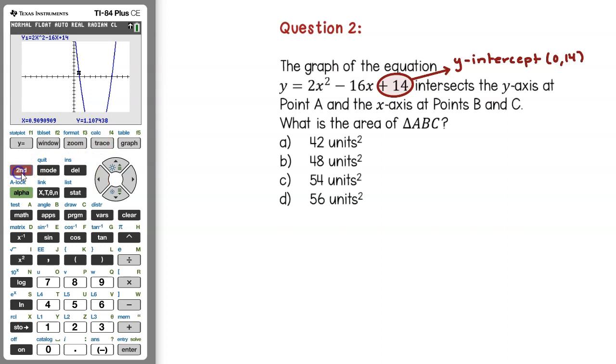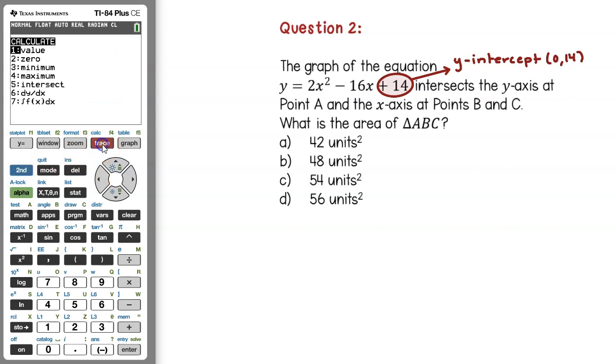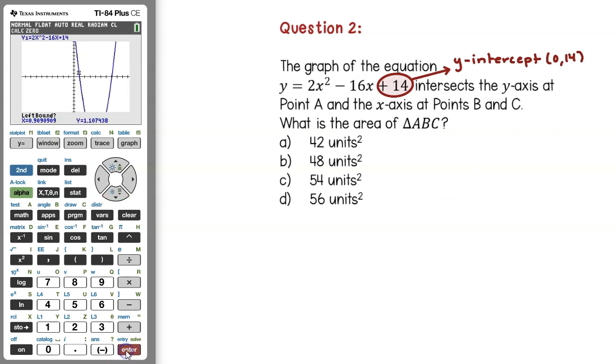If you hit the second button and choose second trace, that opens the calculation screen. I want to choose option 2, which is the 0. Remember, we're looking for the 0 or the root, which is the same thing as the x-intercept. I'm going to choose option 2 and hit enter. Now, the calculator is going to ask a couple of sort of bizarre questions, but I'll explain what they mean. The first question is asking for a left boundary. In other words, the calculator is saying, okay, what's the furthest value to the left that I need to search